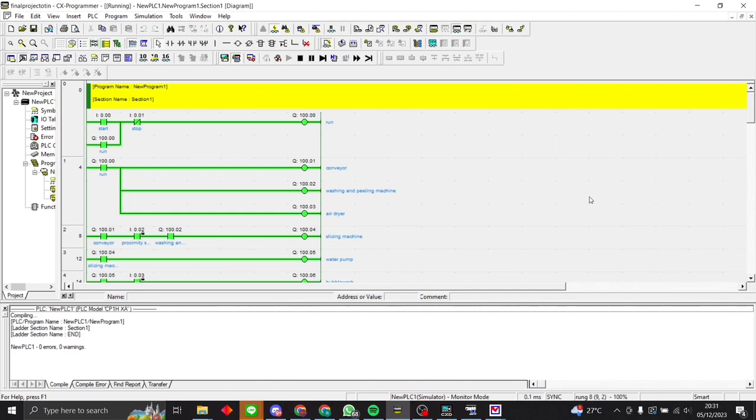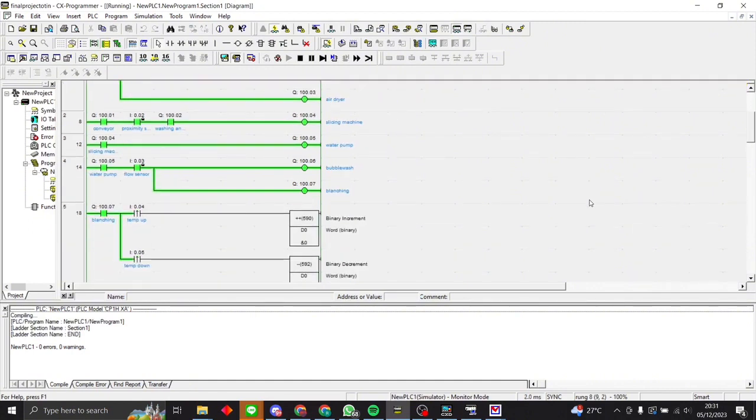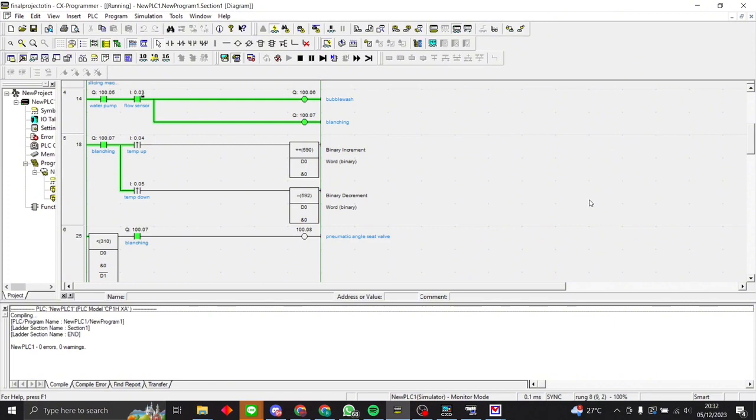After slicing is done, it will continue to the water pump scroll. And after that, if it's done, it will go to the bubble wash and blanching machine. And the blanching will be open if the temperature is